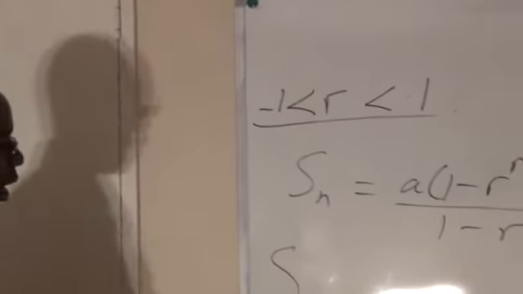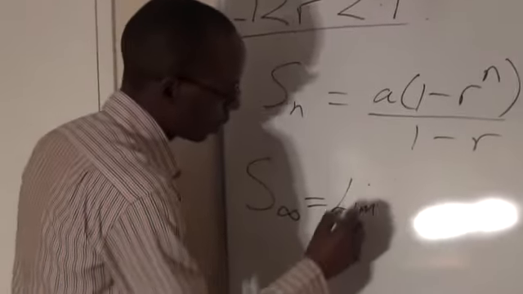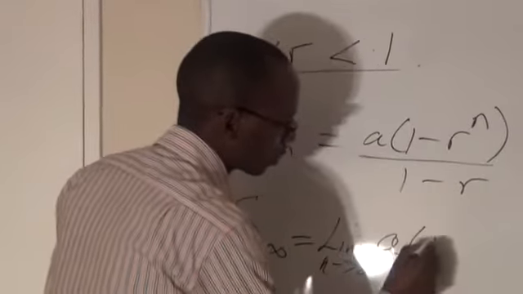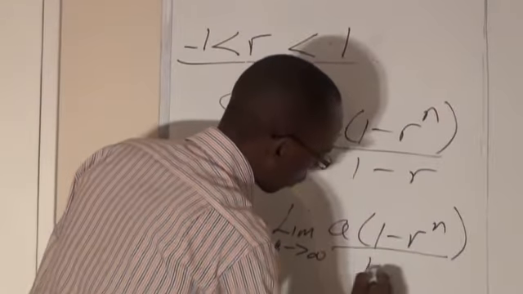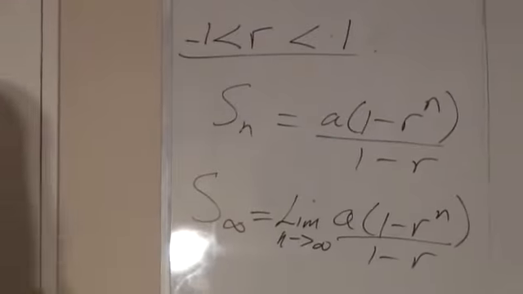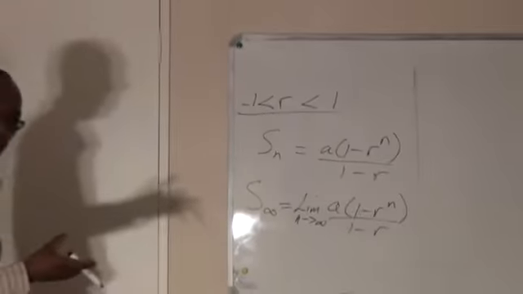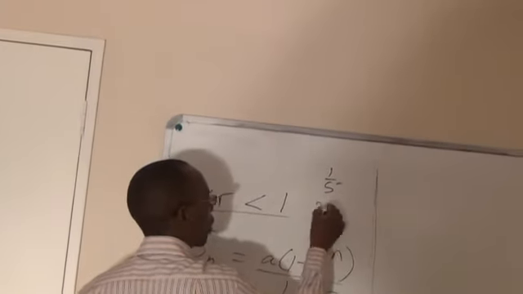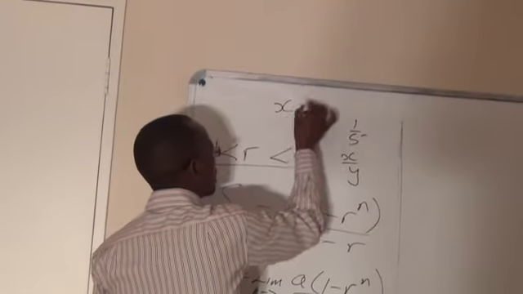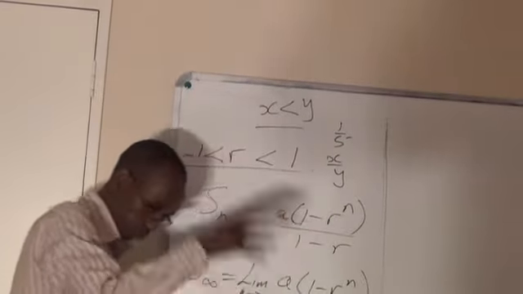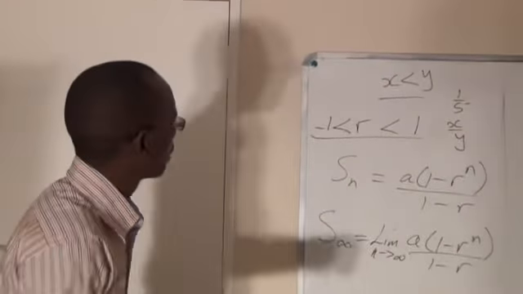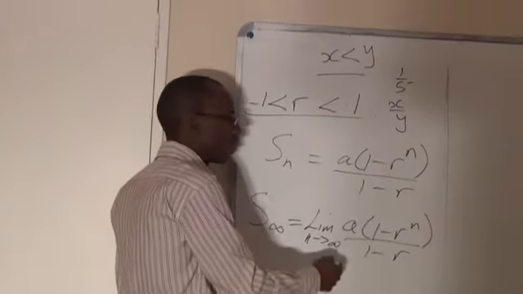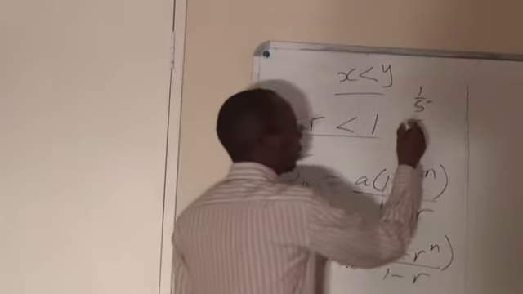that is S infinity. As we've done before, this will be the limit, as n approaches infinity, of the sum of n terms, that's a(1 minus r to the power n) over 1 minus r. But remembering what we said, r is a simple fraction. We are talking of a fraction such as we've said before, 1 over 5, or in general, x over y, provided x is less than y in terms of the absolute value, right? And if we say n approaches infinity, as n becomes bigger and bigger and bigger, and this is our ratio,